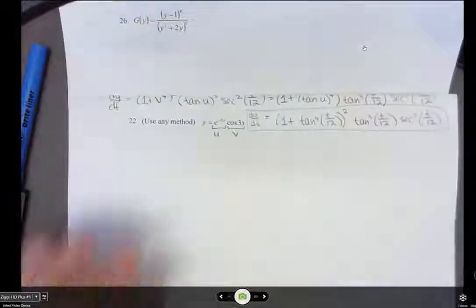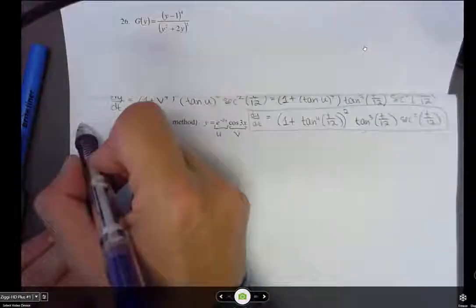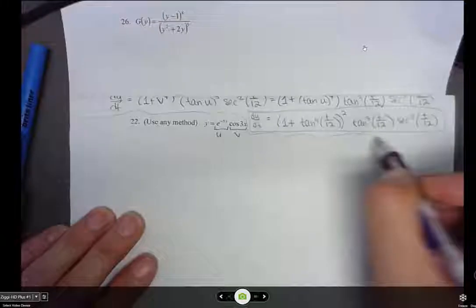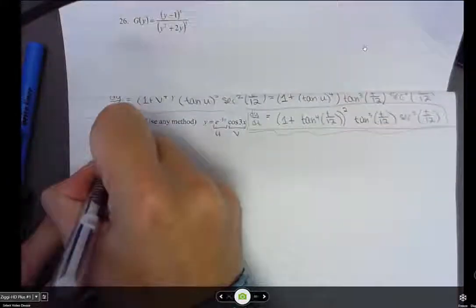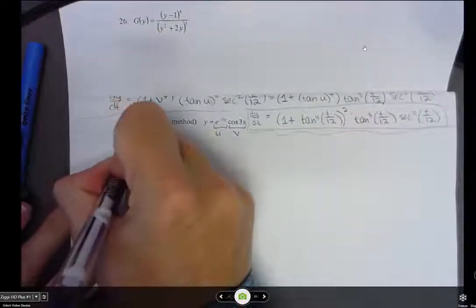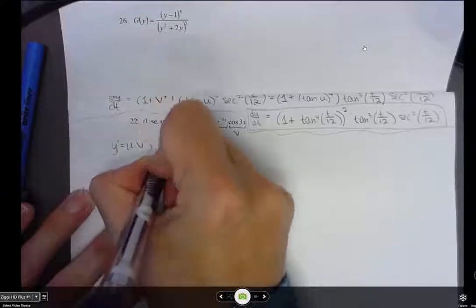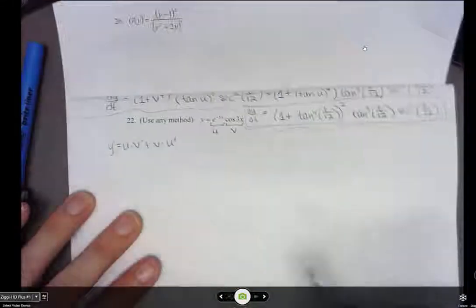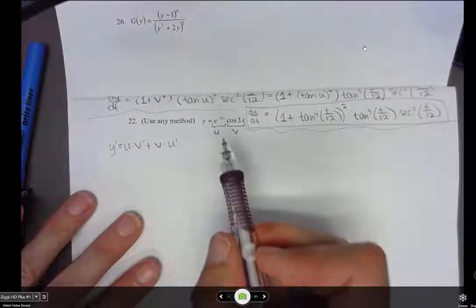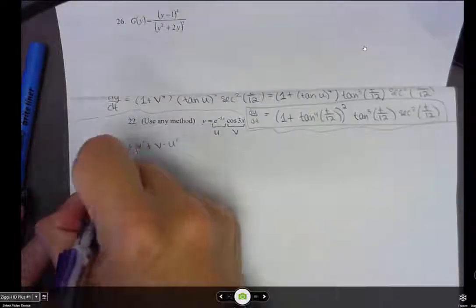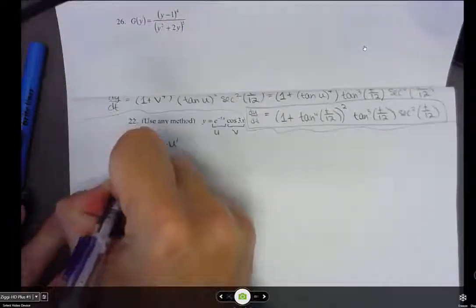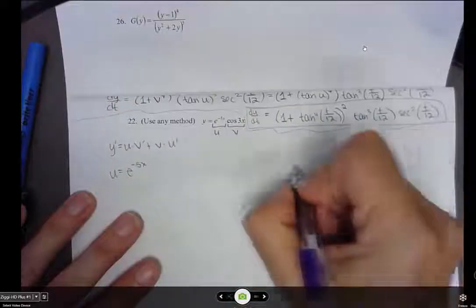So just using product rule, we know that y prime is u times v prime plus v times u prime. We know what u and v are, but we need u prime and v prime. So if u is e to the negative 5x and v is cosine 3x,